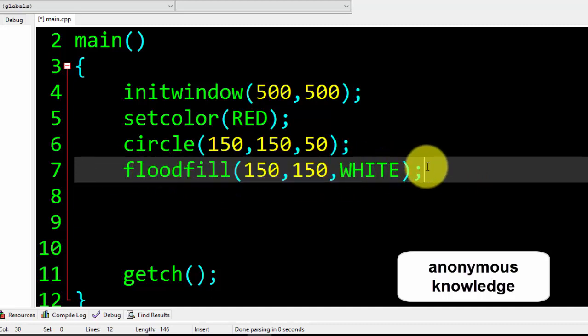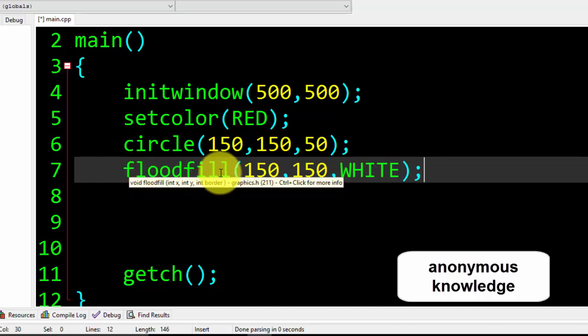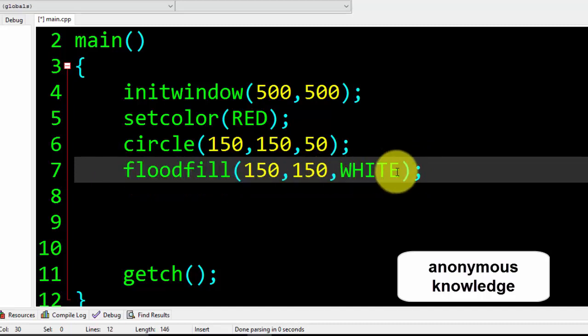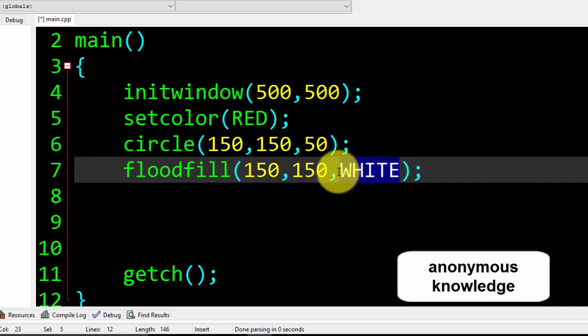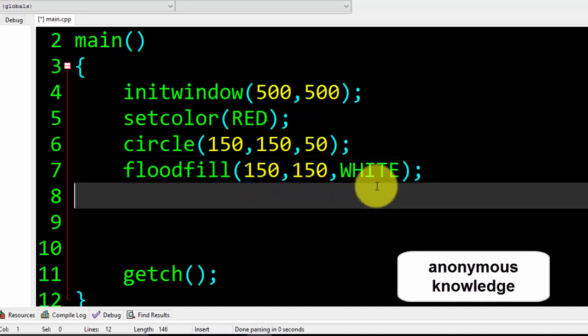So here we have a function called flood fill. It will help you fill color in your shape, and it has three parameters. The first two are the x-axis and y-axis, which come from the circle's parameters, and the other one is a color, called the boundary color.